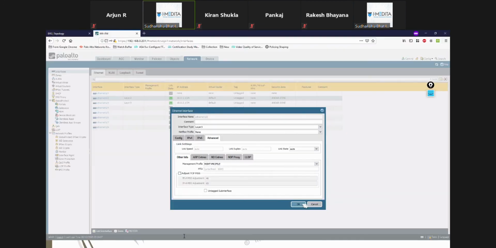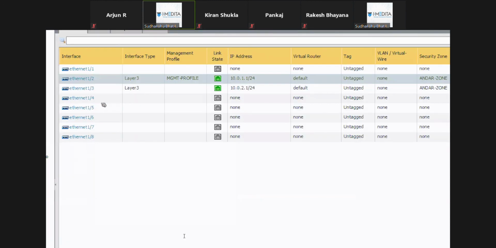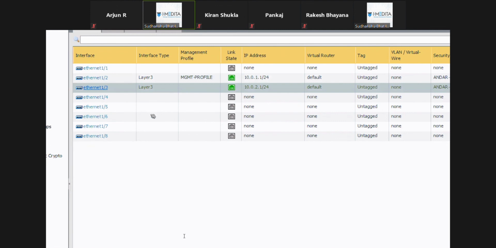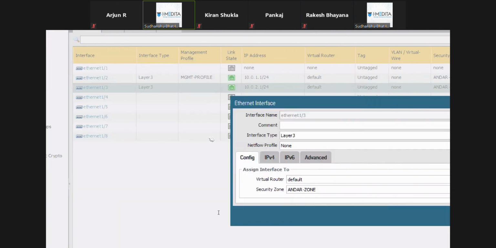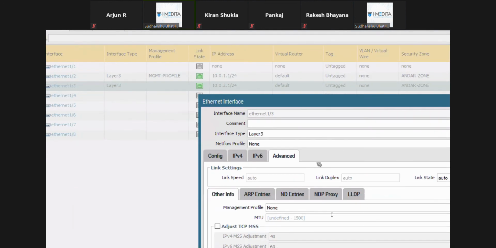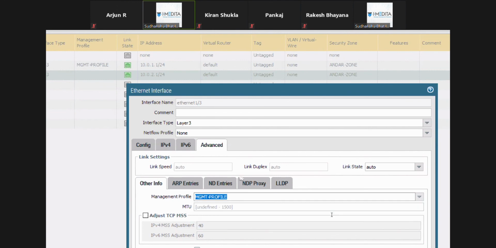Okay. Now see, this same management profile could be applied to Ethernet 1/3 as well, if you want it to respond on that as well. You don't need to create it again and again.